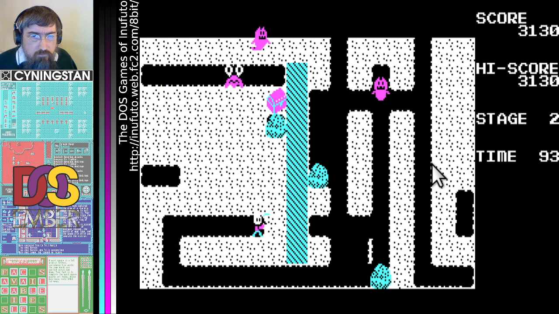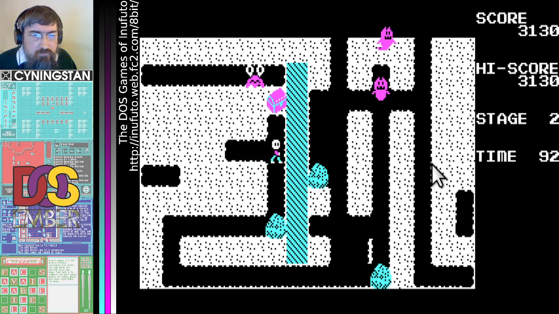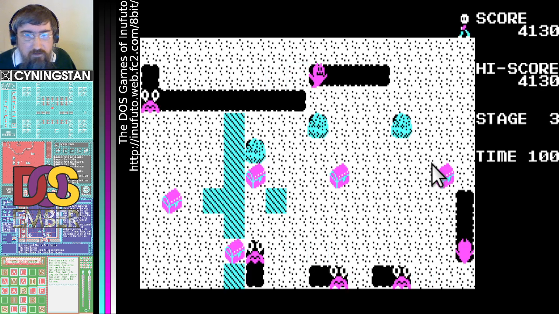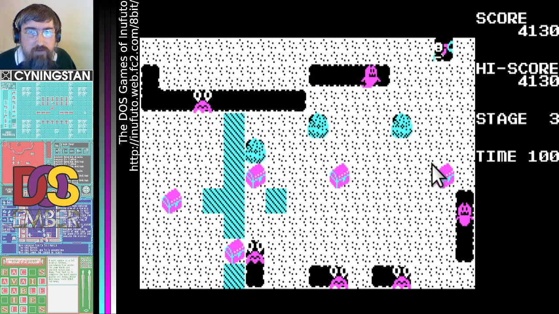Right, I think what I want to do is clear a space for this rock, get out of its way, and then I can collect that. Yeah, that's how I finish that level. Although there was a timer and I took quite a bit to figure out how to do this.